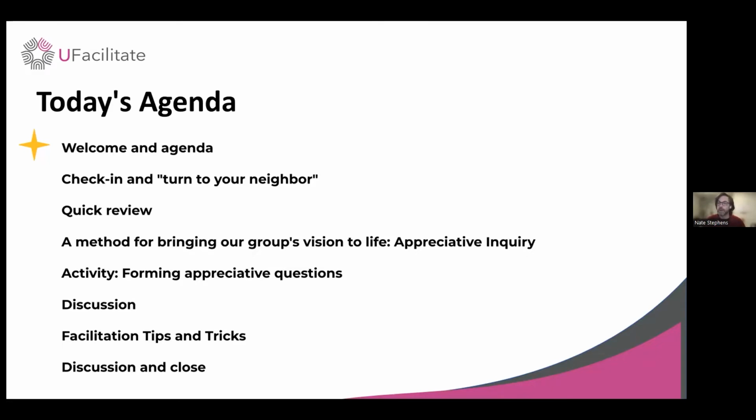So we're going to check in and we're going to turn to our neighbor like we did last time. I'm going to share just a quick review, a few of the kind of highlight slides of the last couple of meetings, just to get us grounded and in case anyone's missed anything. And then I want to introduce Appreciative Inquiry, which is the framework, the tool, the worldview that I'm going to present today. Some of you are probably familiar with it, and we'll spend some time talking about that before getting into an activity to think about how we could actually apply an appreciative lens to the meetings and conversations that you all have been thinking about, either planning or kind of musing abstractly.